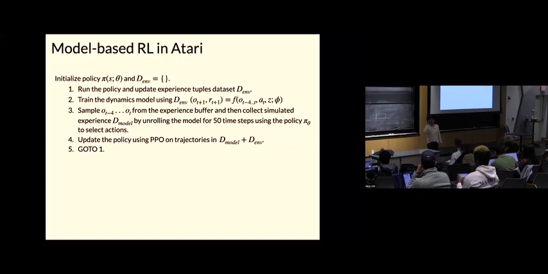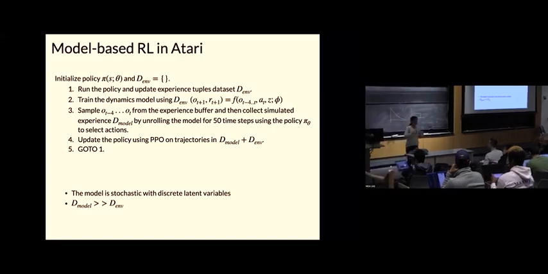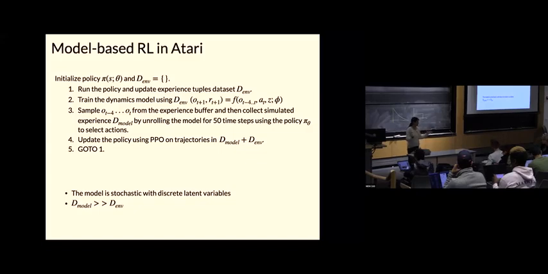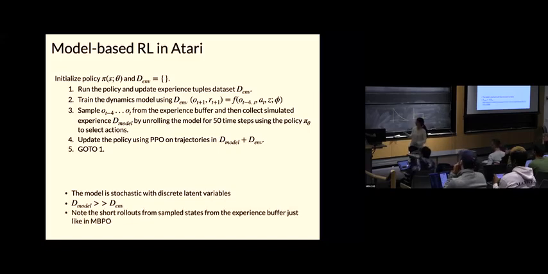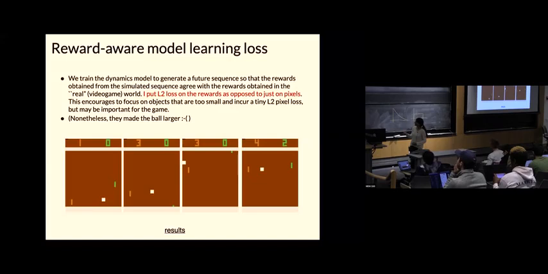But I think it's an important paper because it's the first one that actually used a model-based reinforcement learning method in observation space to do better than model-free methods. And I'll show you what it means to do better. So the model is stochastic and has discrete latent variables to handle multimodality, because Atari is not a deterministic domain like Go. Is that clear? We haven't discussed this topic yet, but we will touch on it maybe next week on Monday. So basically, you also predict the rewards.